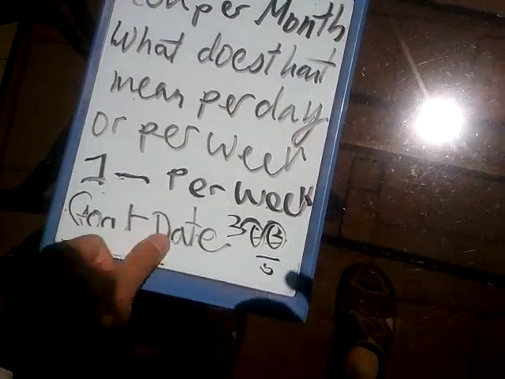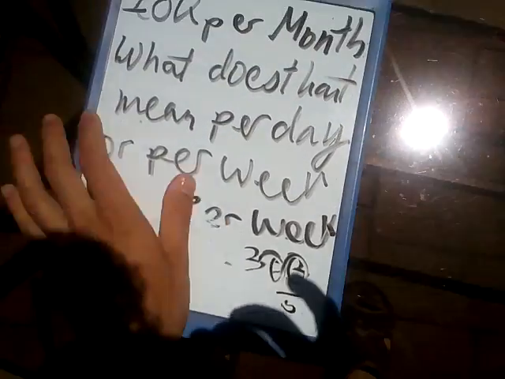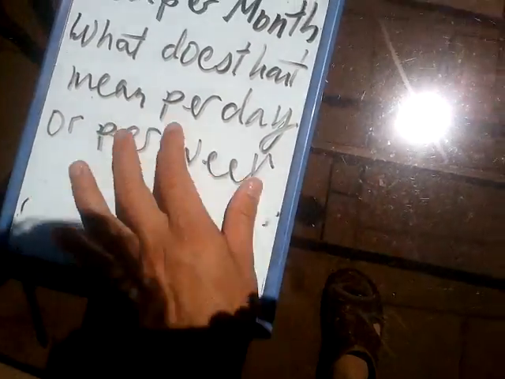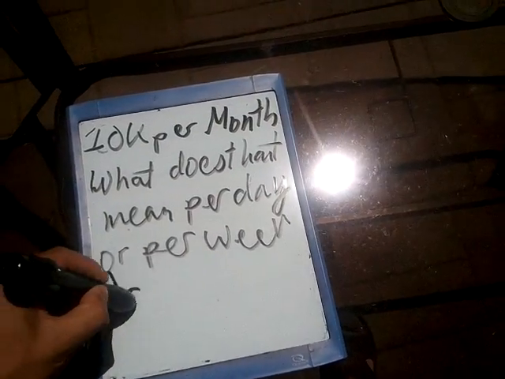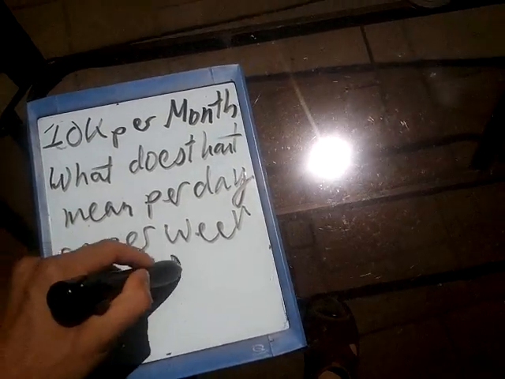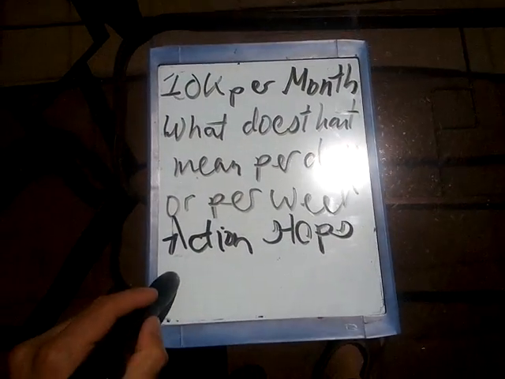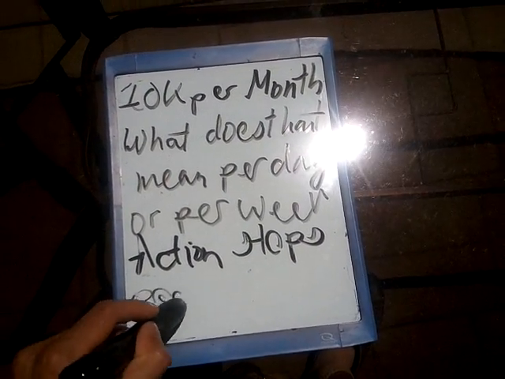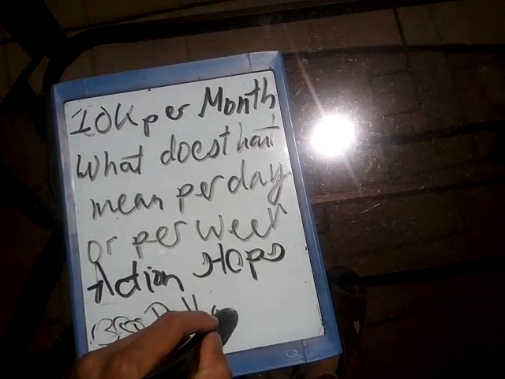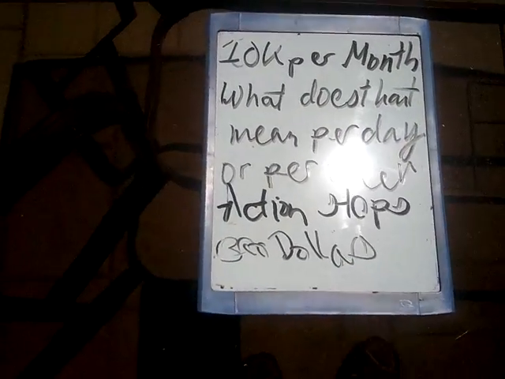And then, so that's your goal, right? Then you want to have action steps. So in tomorrow's video, we're going to write down our action steps. Let's say we want to make $300 per day. What couple of activities are we going to do to make $300 per day?